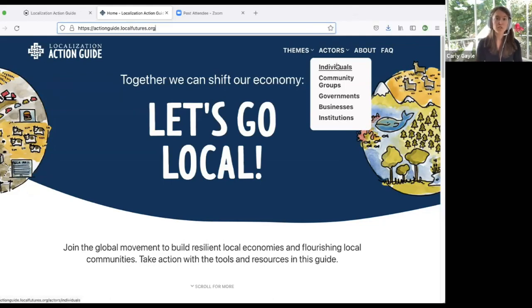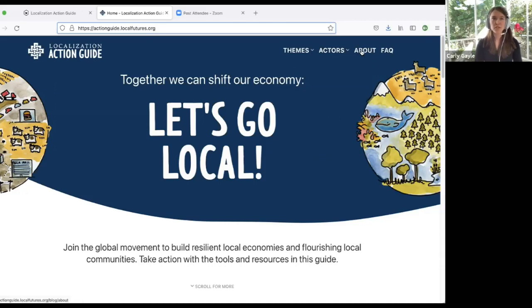making changes in your individual life, working within a community setting, campaigning governments for policy change from the local to the national and international level, working within your small business, or through an institution like a school, your university, or workplace. Up here, we also have an About page, which shares more about the guide, about localization